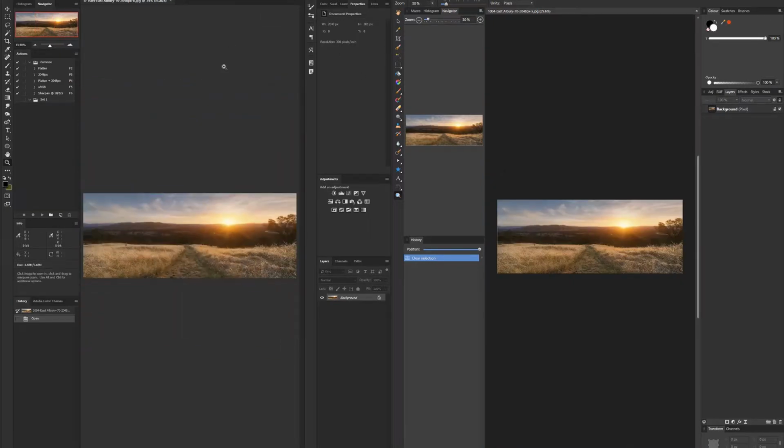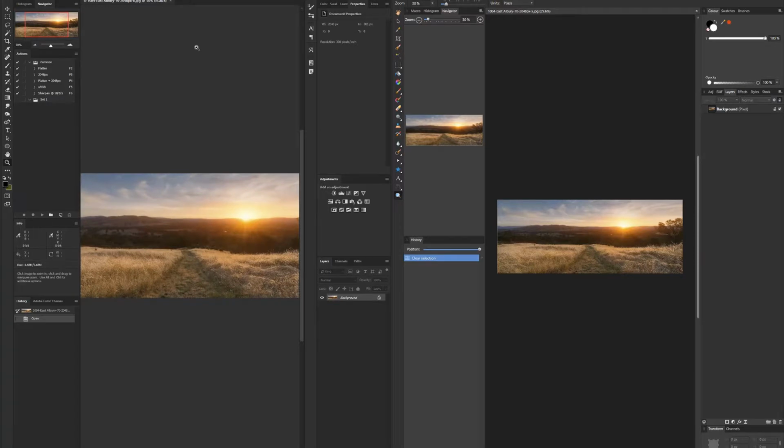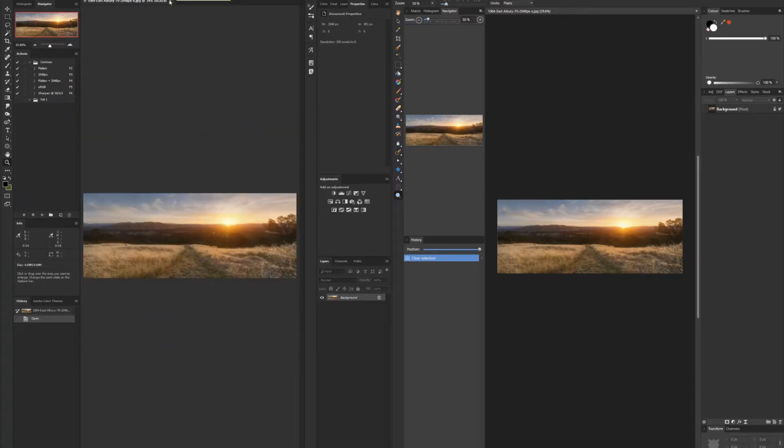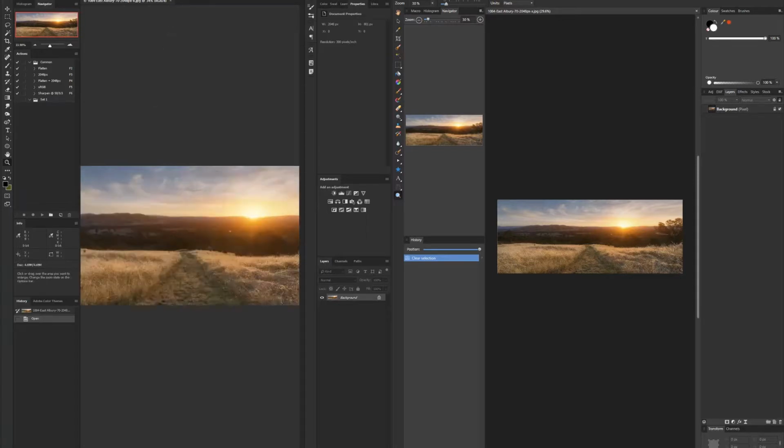Okay, so I leave that checked on all the time. A couple of options here that are not available in Affinity Photo are these three buttons. They're pretty self-explanatory, 100%. So if I'm zoomed in and I hit 100%, you can see there I'm now at 100% zoom level. Fit to screen will fit within the Windows frame, and fill screen will fill the entire screen,